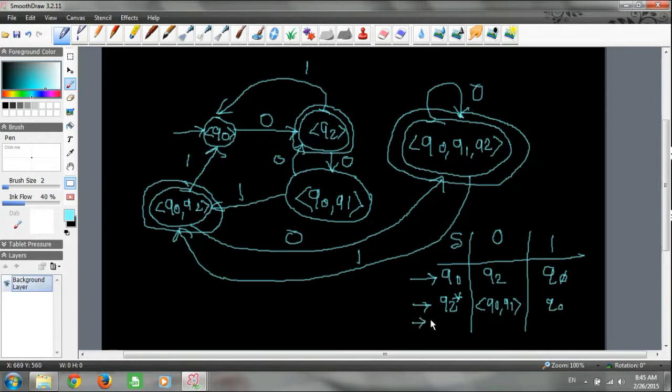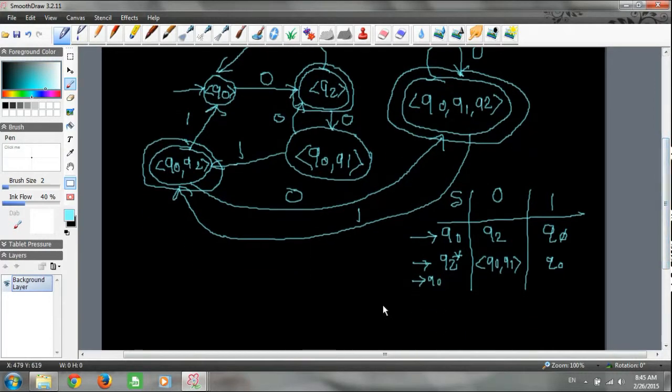Then the next state, Q0, Q2. Don't show this arrow. We are making this mistake because these are not initial states. This arrow is valid only for initial state.